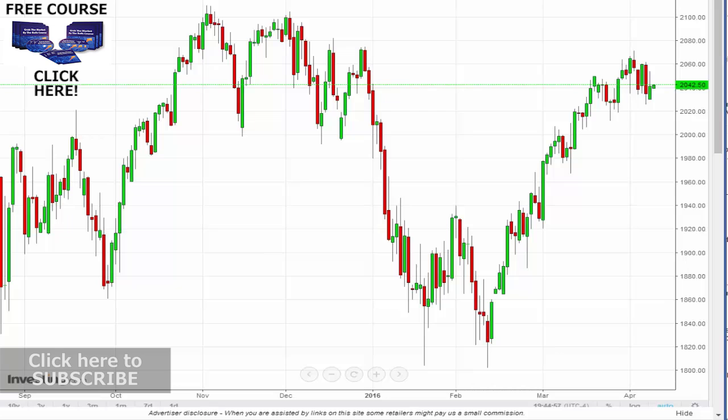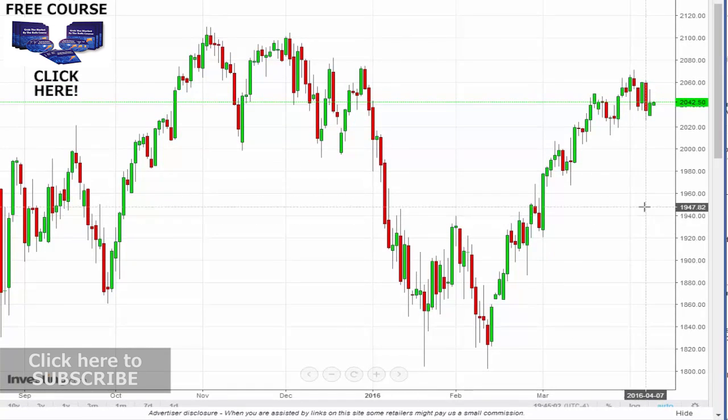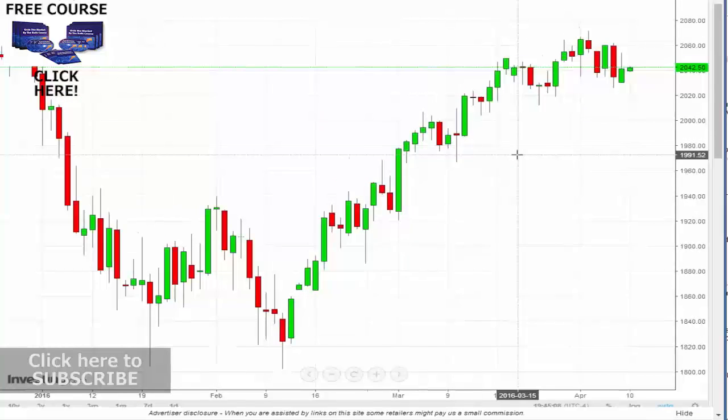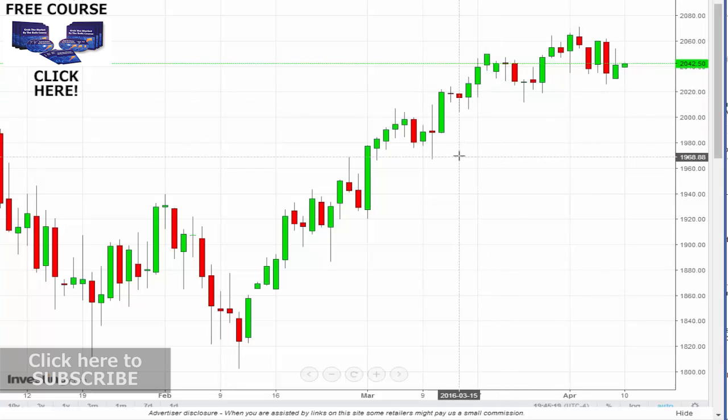I think my computer's got a virus. All right, so in real time, we can see exactly what's happened with the S&P E-mini futures. We can see on the daily chart that we had this big down bar through here, and the market actually opened and ran up to the high side and came down and closed lower. Now, one thing I am noticing on the daily chart on the E-mini future is that we